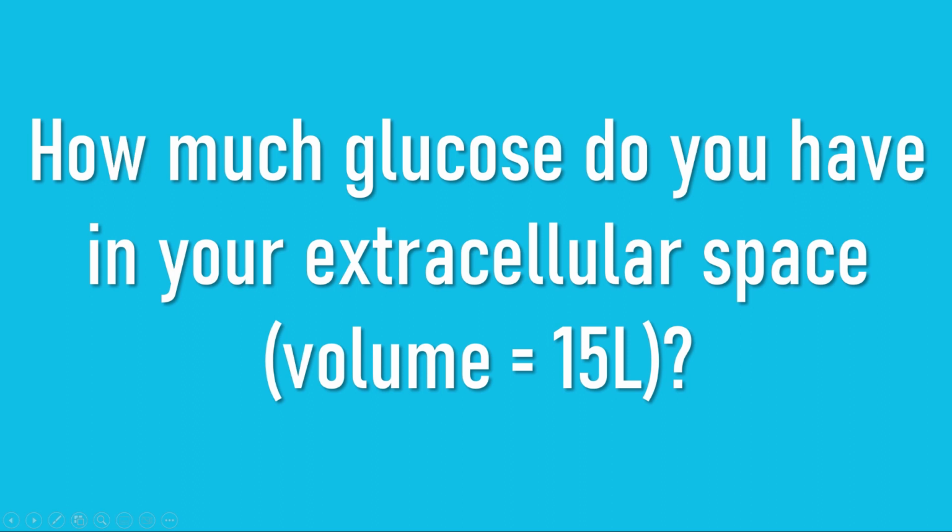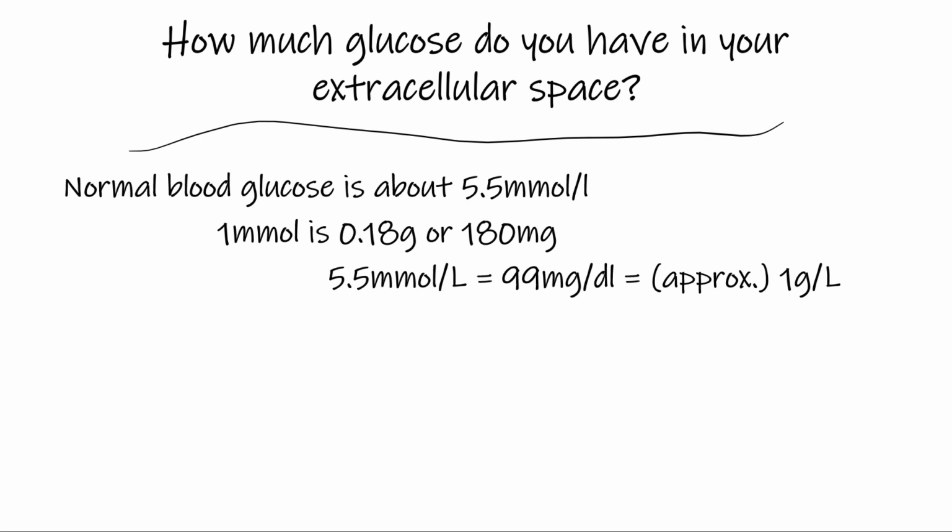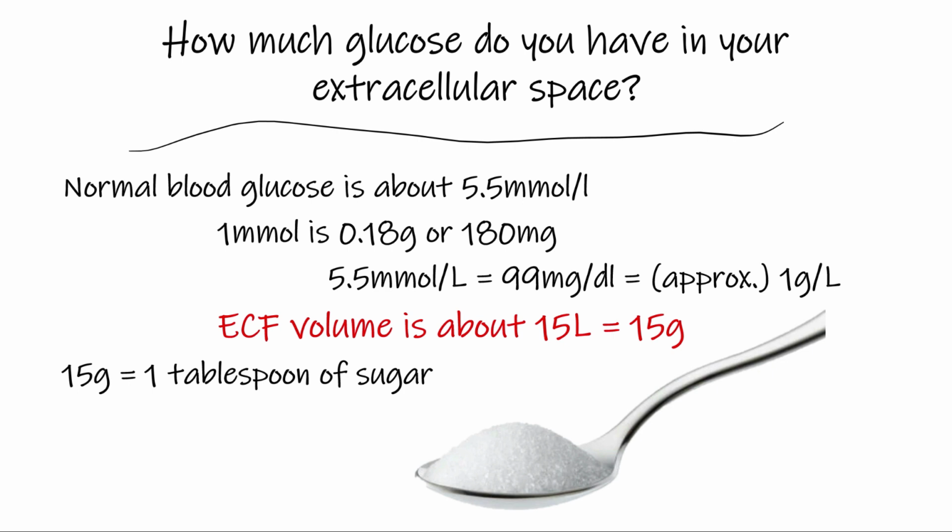How much glucose do you have in your extracellular space, assuming that the volume is 15 liters? Normal blood glucose is approximately 5.5 millimoles per liter, and 1 millimole is 0.018 grams, or 180 milligrams. 5.5 millimoles per liter, therefore, is 99 milligrams per deciliter, or approximately 1 gram per liter. If the extracellular fluid volume is approximately 15 liters, that works out at 15 grams, or about 1 tablespoon of